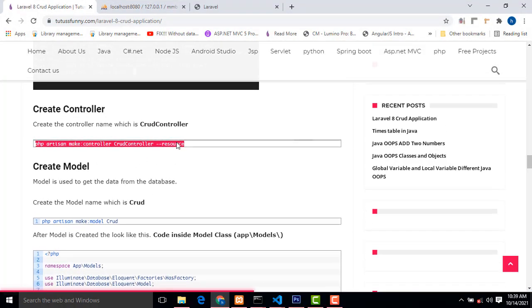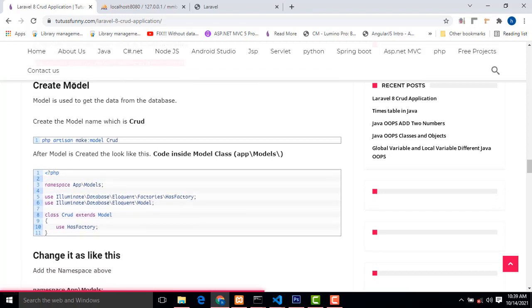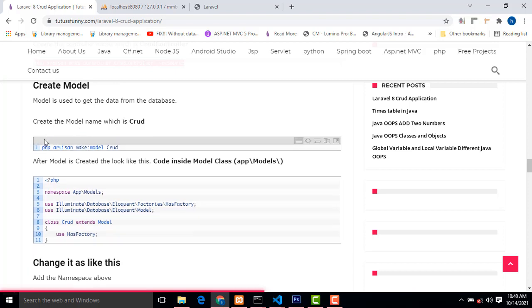After the controller has been created, let's move on to create the model. Okay, model is used to get the data from the database. When we need data, if we send a request to the server, data will be accessed through the model. Okay, this is what communicates with the database. Model is the part where we communicate with the database, get the data and bring it back to our form. Right? So here you have to see how to create the model.